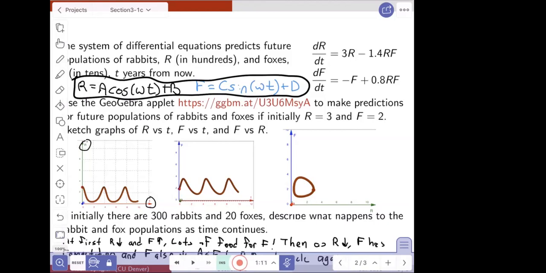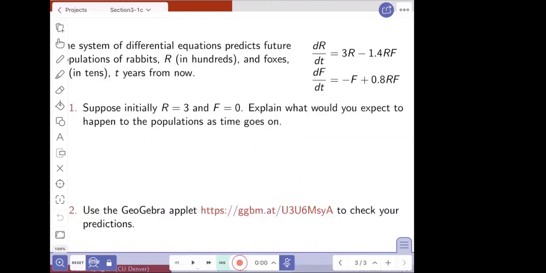Okay, let me pause here for a second. Okay, hello again. So let's take a look at this applet again. That was really nice. I think that's a really nice GeoGebra applet to play around with the dynamics of this system, because we have some good intuition about how we might suspect these populations would interact, and that hopefully makes the math a little more understandable. So let's take a look at a system like on this slide, same system, rabbits and